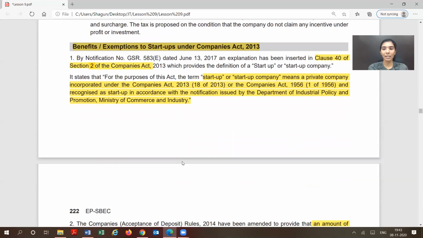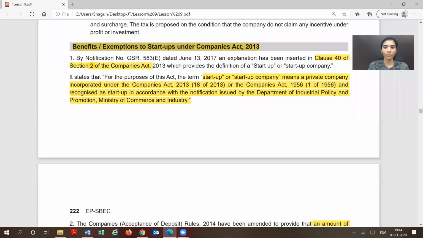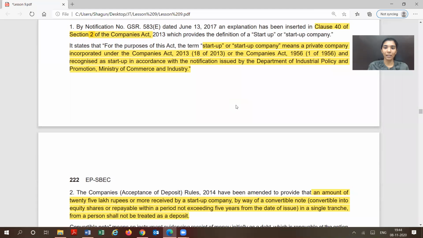तो ये हमने डिस्कस किया था under Startup India Initiative, the exemptions to a startup under the Government of India Startup Initiative and under the tax laws. Now, what are the benefits provided to a startup under the Companies Act 2013? Let's study that. So, startup, like any other company,